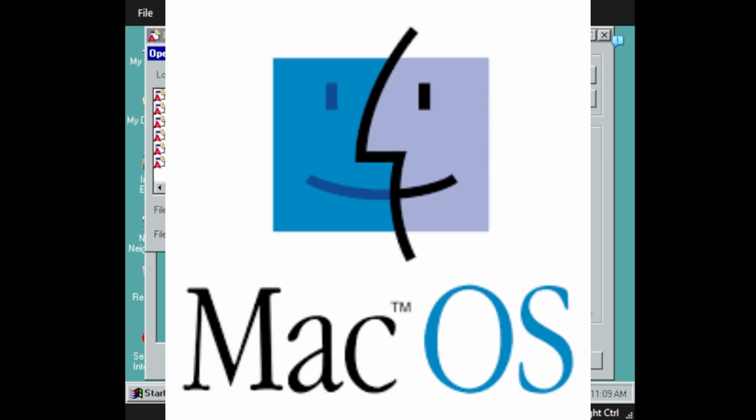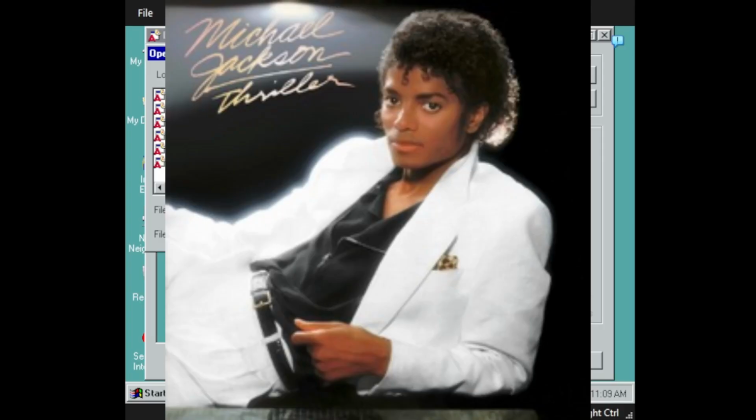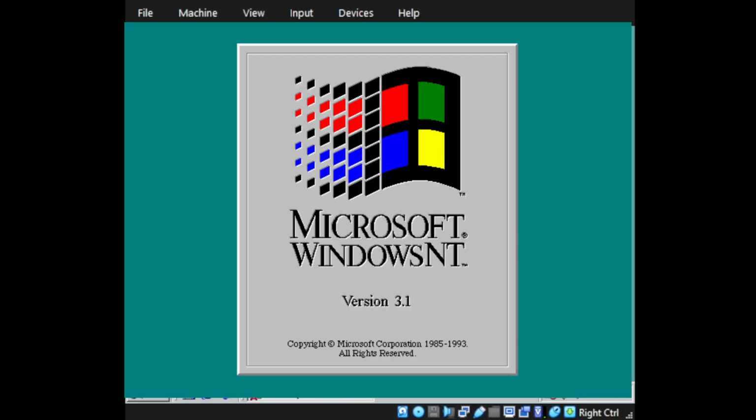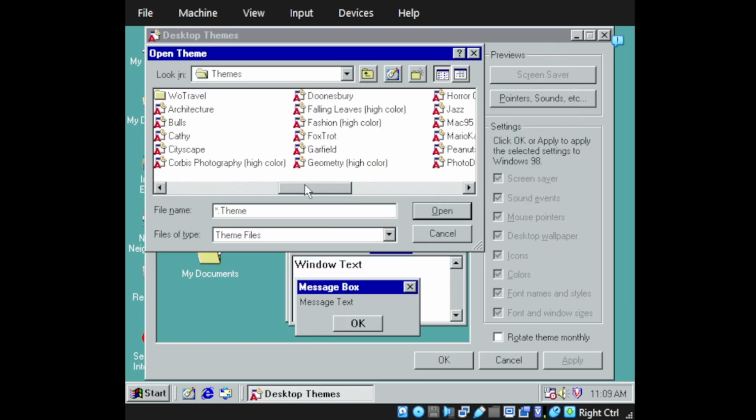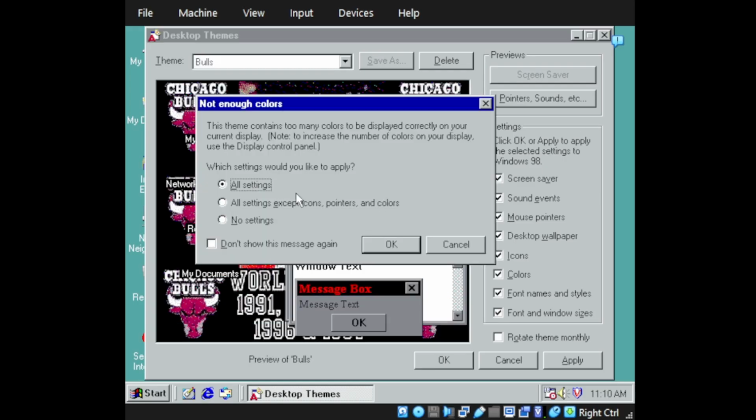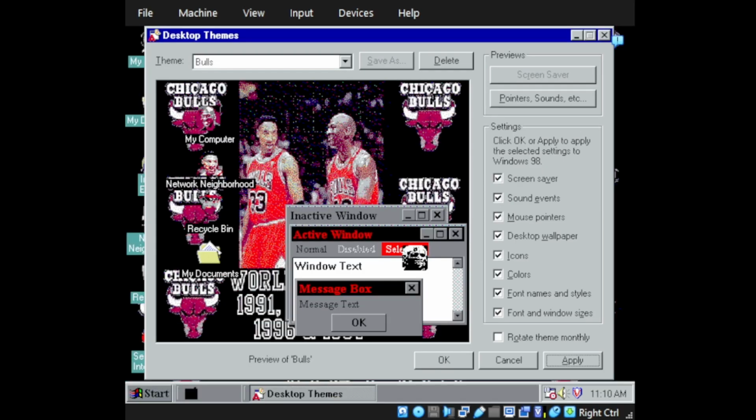We have like a macOS theme, a Mario Kart theme, Michael Jackson theme, Windows NT theme, Chicago Bulls theme too, for some reason. Yeah, this is really weird, and that should be it. So first, we're gonna be trying the Bulls theme. Alright, all settings, and